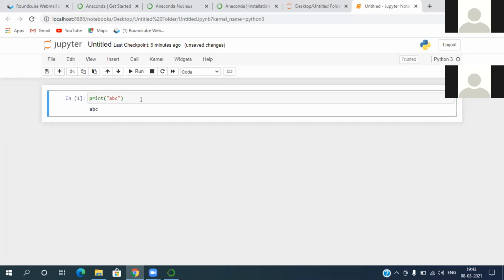See, the output came. Whatever you have written in this cell can be used as a text editor, or as a script file, or a console, we can say. What do I mean by console? If you open your Spyder notebook, the right-hand side is the console. There you can find the output. How we can write everything directly to the console, I will show you in the next part, along with the features that Python provides.